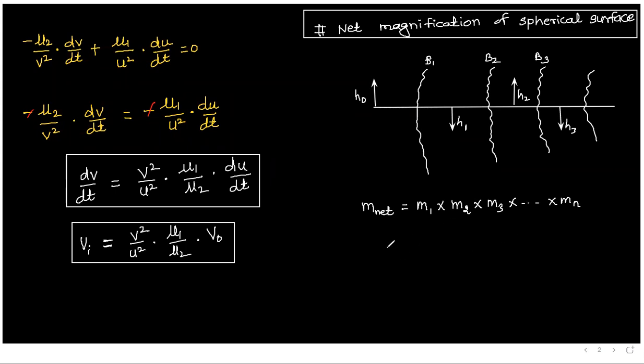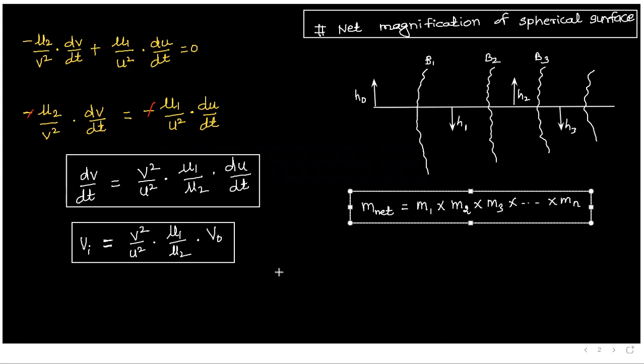And here m1 is what? These are the spherical surfaces. These are not the mirrors. These are the curved surfaces. Okay. We are in which topic? Refraction through curved surface. We have not entered into lenses yet. We have finished mirrors. After mirrors, we have entered into refraction through curved surface. So this is for only curved surfaces.